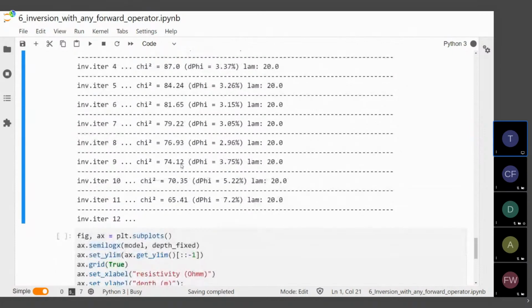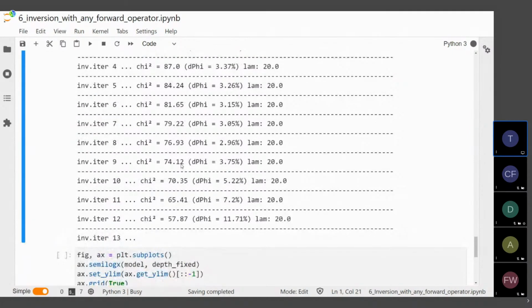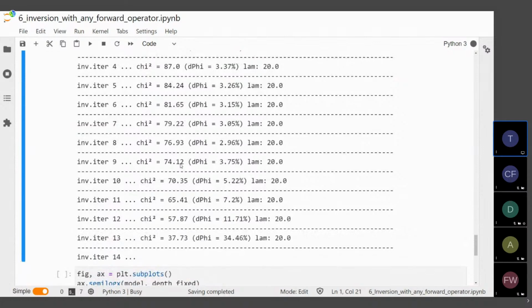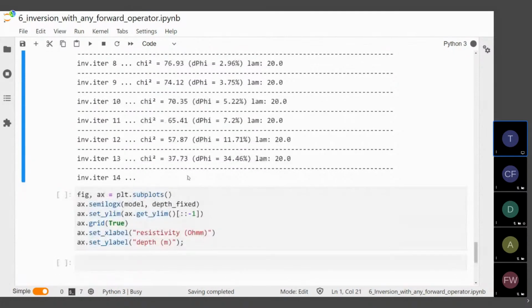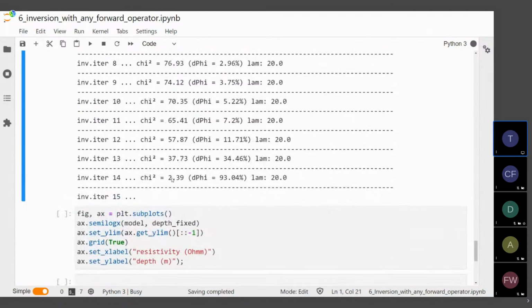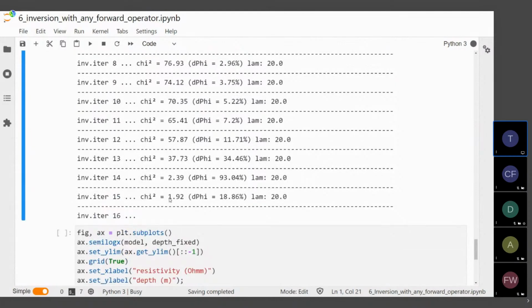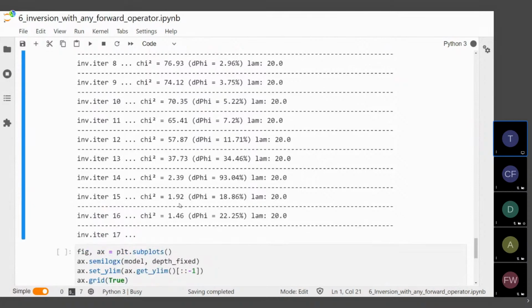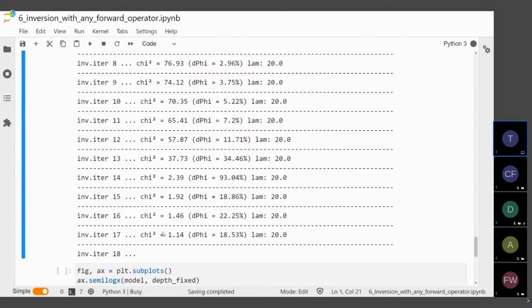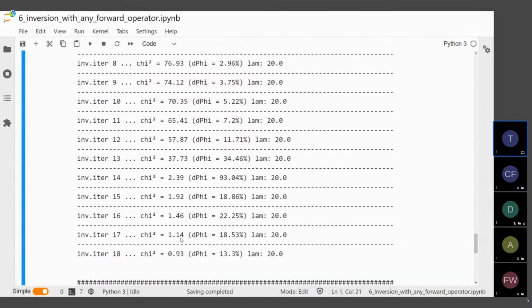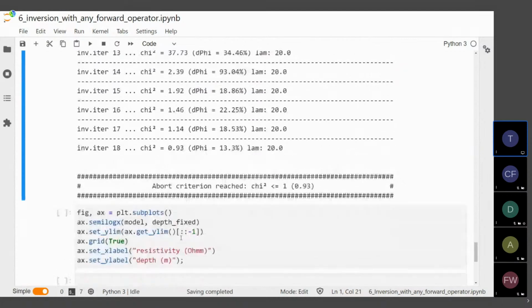Let me see. So the inversion is very slow, but still steady. Now we have a drastic decrease of subsurface resistivity. Now we are jumping towards chi-square 1. This is actually what we want, to reach chi-square 1. It's not always so straight, monotonous down. But finally, we end up in a model that has chi-square 1, so we don't have to care about